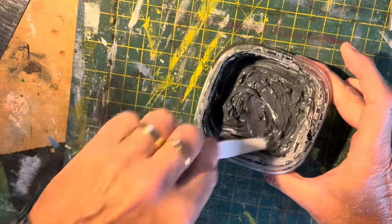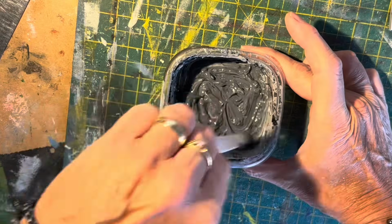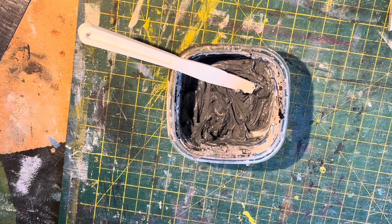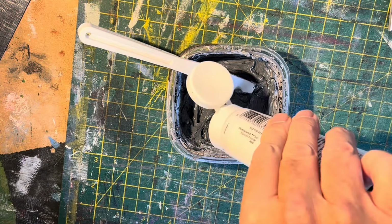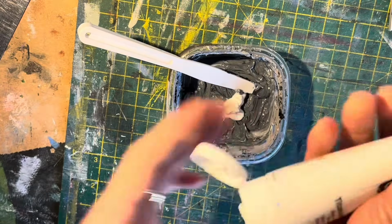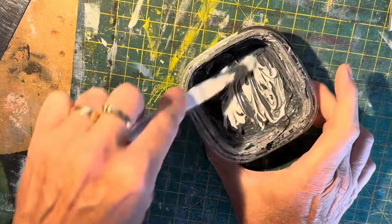Well, it's the right tone, it's the right shade, just need to lighten it up a little bit. With just a bit more white. And then that will do nicely. And when I do this, I tend to make a little batch of it, because this is more than I'll need to do